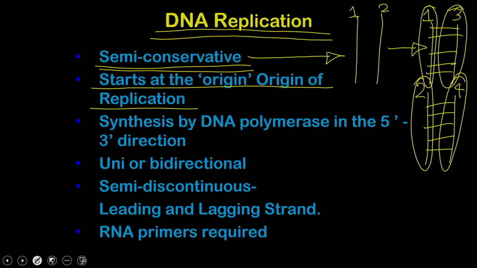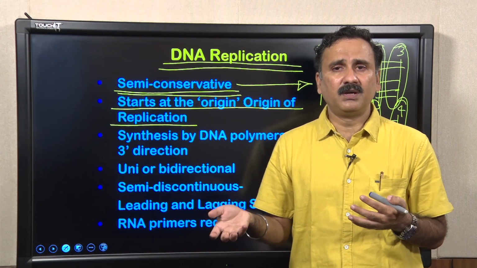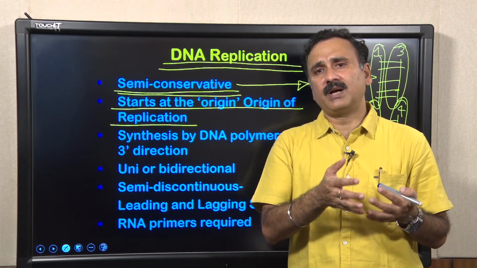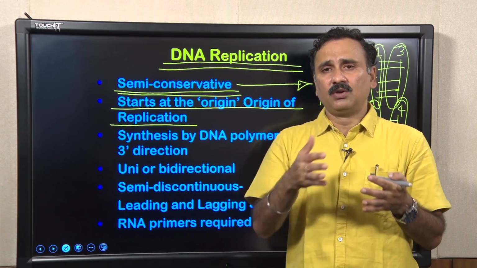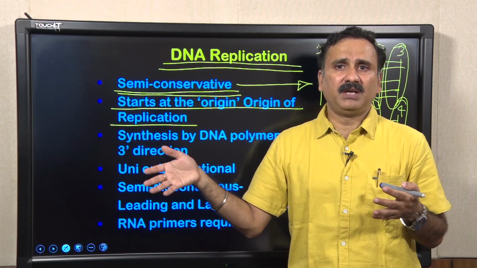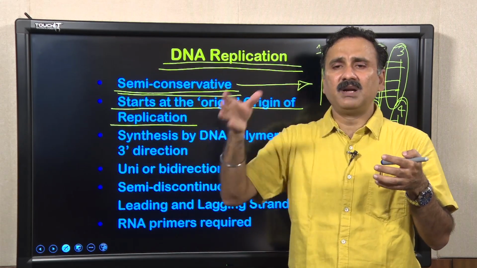So, DNA synthesis does not start at random places, it requires a place where it can start. That place is called the origin of replication. In the bacterial cell you have a single origin of replication, whereas in the eukaryotic cell you have multiple origins of replication, because the bacterial genome is smaller and does not require multiple origins. Compared to that, eukaryotic genomes are bigger in size, so they require multiple origins of replication, so that replication can start at multiple places.